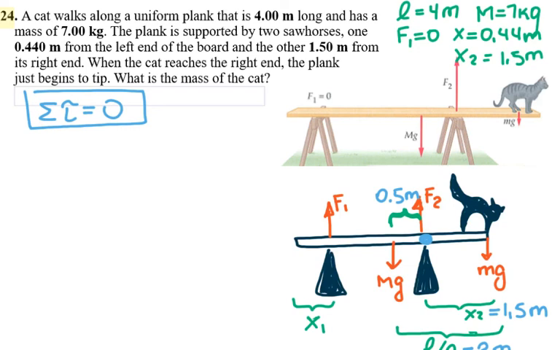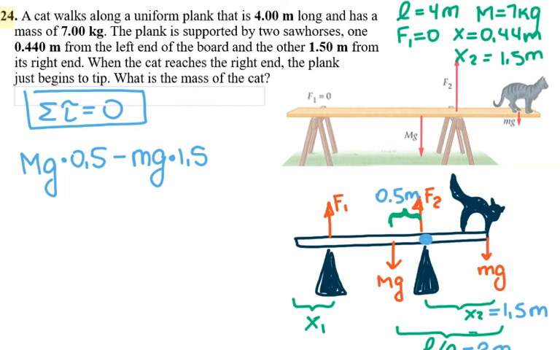So I'm gonna have mg, and the distance I just found is 0.5 from the point of rotation, and sine of 90 degrees, don't have to write that one because that's 1, and then minus mg, because where the cat is standing, the plank would rotate in the clockwise direction, which is negative, and the distance is x2, which is 1.5,